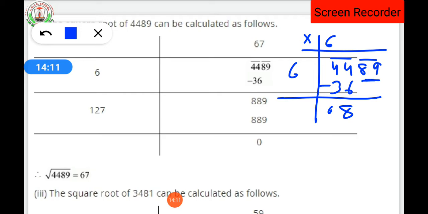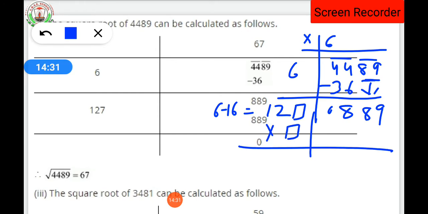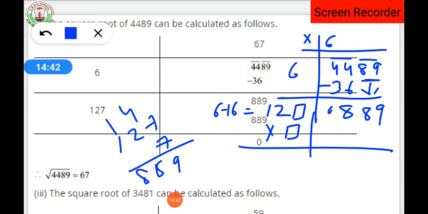Then this 89 is a pair which will come together downside. So the number will become 889. Now 6 plus 6 is how much? 6 plus 6 is 12, isn't it? Now 12 will be multiplied by which number to get the answer 889? So 12 will be multiplied with 7 to get the answer: 7 7s are 49, 7 1s are 7 plus 4 is 11, 7 and 1 is 8. So 889 will be cancelled with 889 and 12 will be multiplied with 7, so that 7 will be written at top.